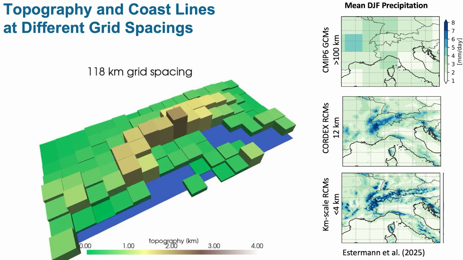And I wanted to show you this animation just to show you how the topography of the Alps looks like in different models depending on their grid spacing. And we start off with something that was considered a high resolution model in CMIP6, this last generation of global climate modeling comparisons. Which is a proud 100 kilometer, and you can see the Alpine rim looks pretty not so good, it mostly is one grid cell wide.